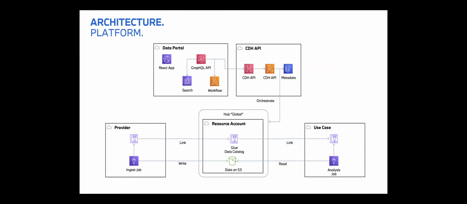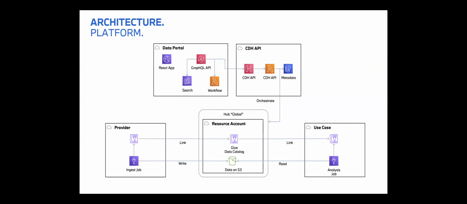When looking deeper at the architecture of the platform, we have those 5 fundamental building blocks. So we have the data portal, which is separated in its own account. And there we have a GraphQL API as the central point to talk to our React app. And this GraphQL API is backed by the search, which is powered by OpenSearch, but also by various Lambda functions and by DynamoDB tables, which hold metadata and support processes like the access requests and all those functionalities you see in the portal.